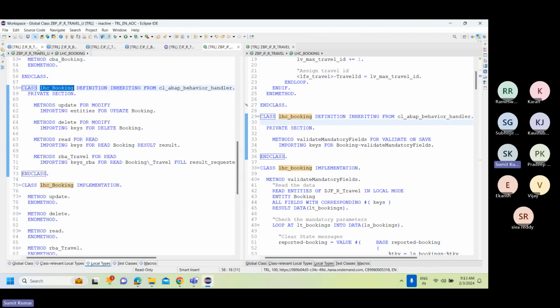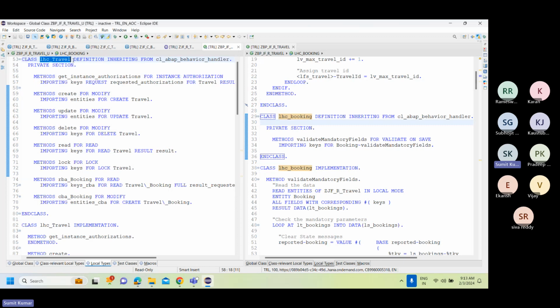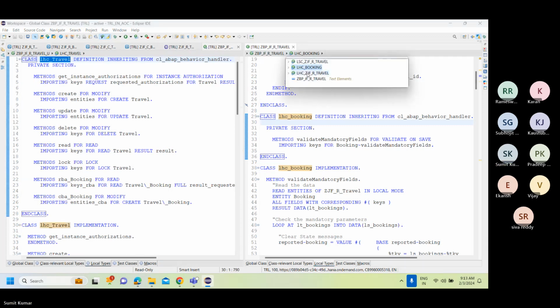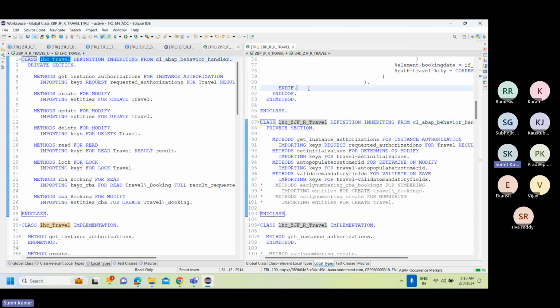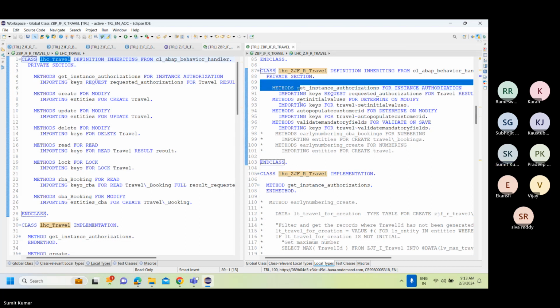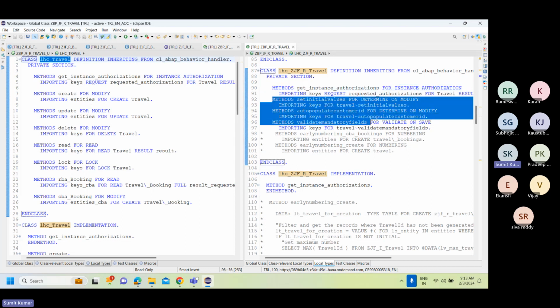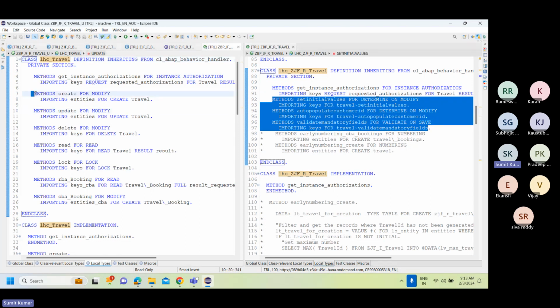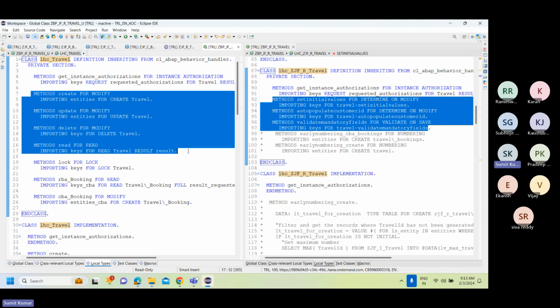Sorry, maybe let's just go from the root node. I'll just simply say travel, and let's just also go to travel over here. We see this particular class does have a get instance authorization, and then we have methods for determination and validation. Here we don't have a determination and validation, but still we have got a method for create, update, delete, read,